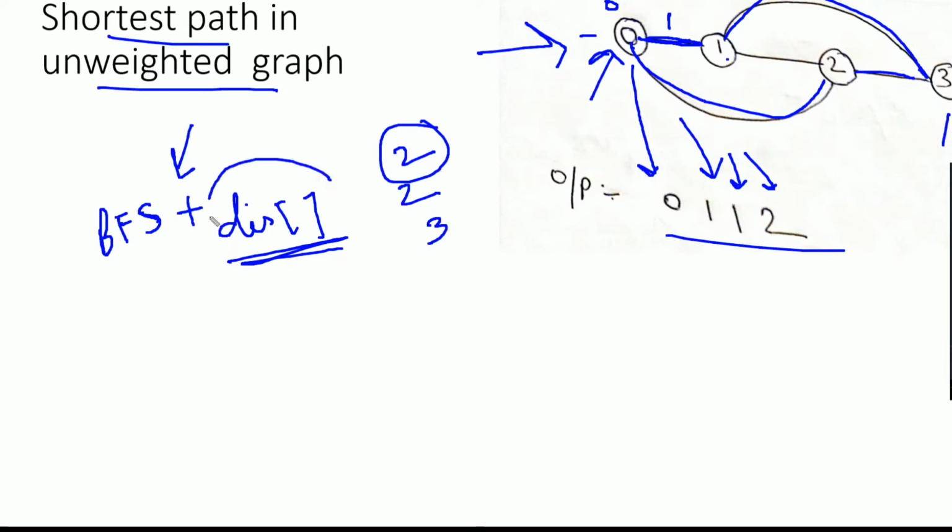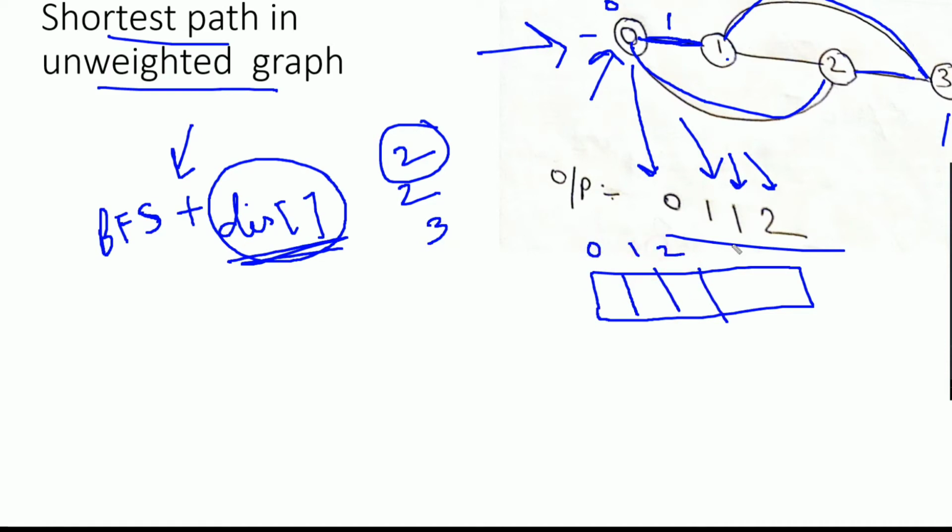This distance array will store the distance from the source to the current vertex. I'll be creating this distance array, and the index number represents the vertex, so 0, 1, 2, 3. We need to find the distance between the source vertex and all the vertices present as an index in this distance array.